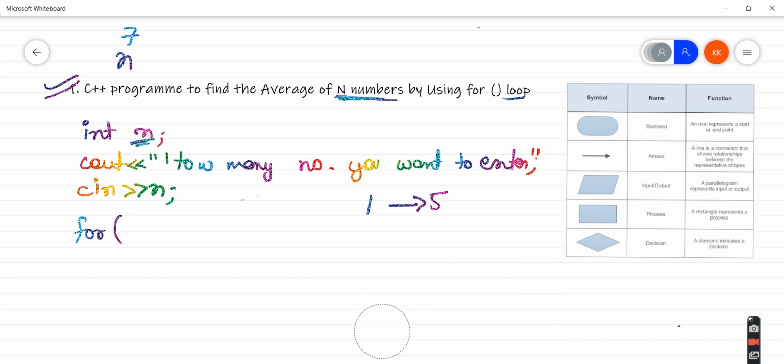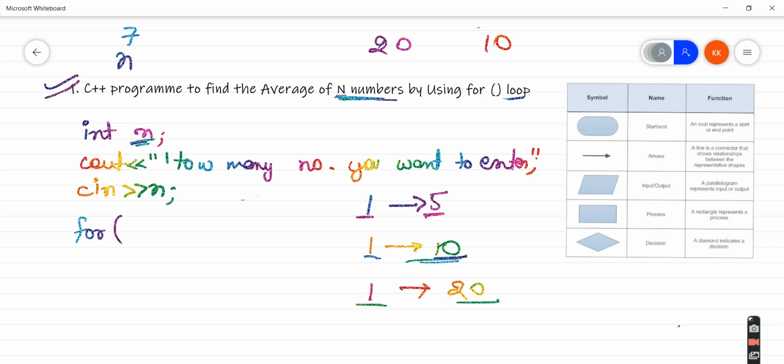Let's say the user has entered 10. So we need to have a for loop which will go from 1 to 10, right? Let's say the user wants to enter 20 numbers. Then the for loop should go from 1 to 20.